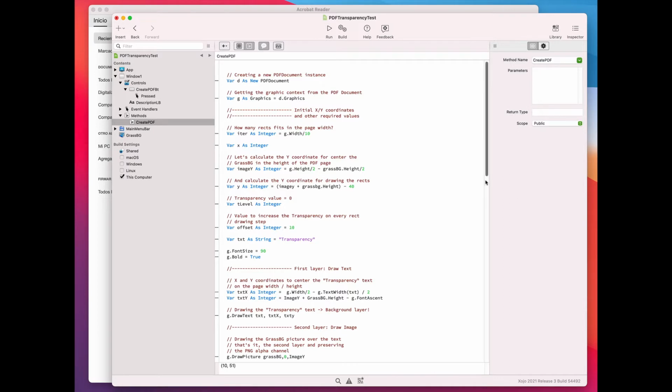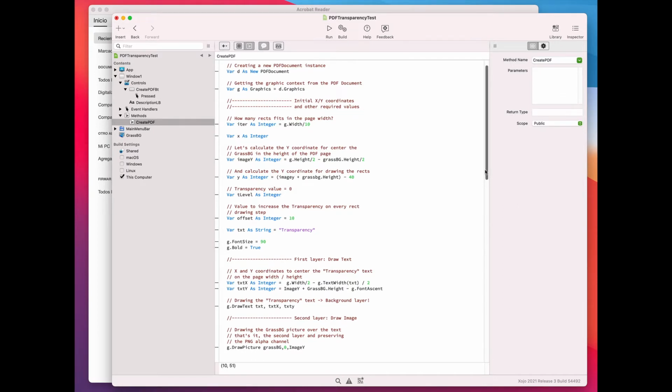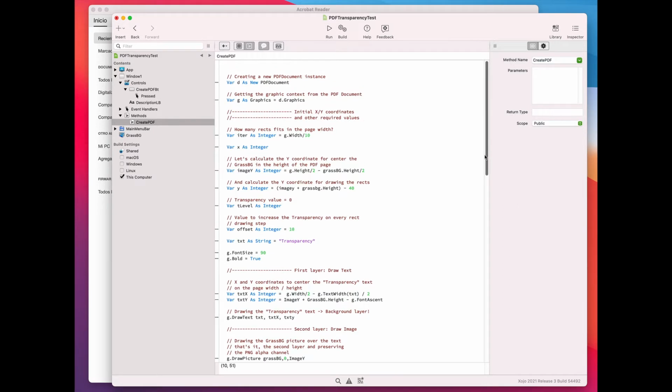The first thing you'll notice is that we keep using the same methods and properties available in the Graphics class. In fact, the first thing we do after creating the PDF document instance is to assign the graphic context of the PDF document to a regular graphics variable. Then the next chunk of code is just about some of the required initialization for the drawing of several items in the page, like calculating the X and Y coordinates for centering objects in the page, or the initial transparency